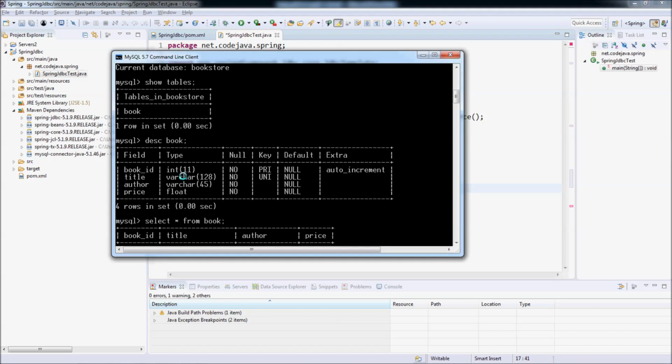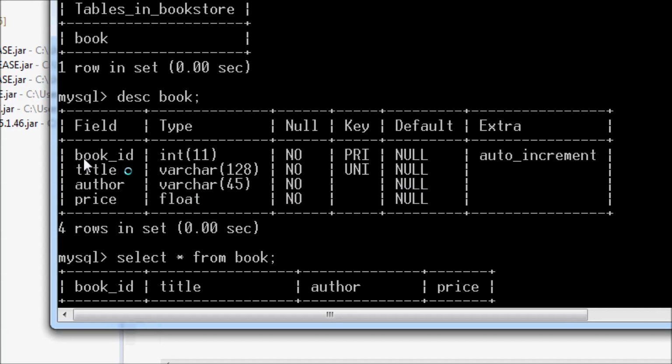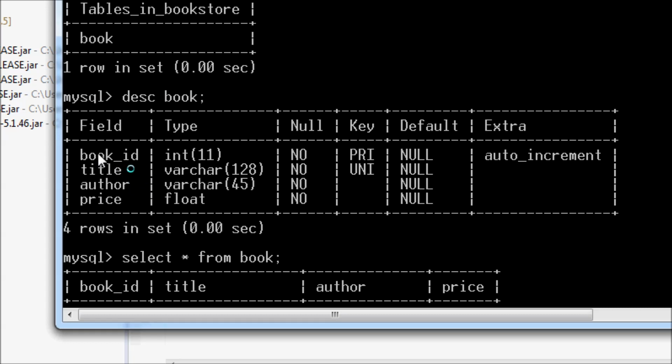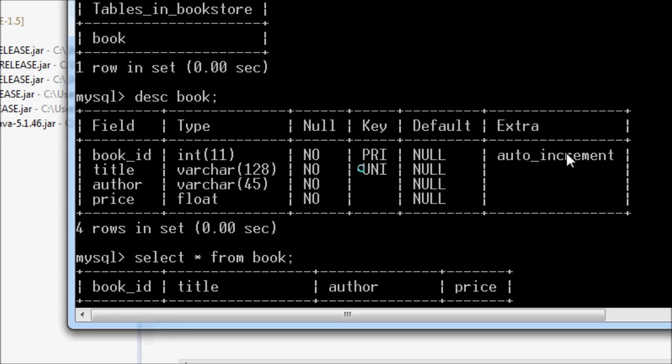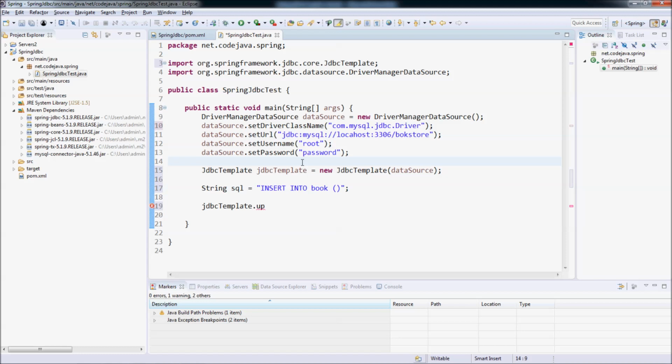Let's see the structure of the book table. As you can see, the book table has 4 fields: book_id, title, author, and price. The book ID field is auto-incremented, so we need to specify only the 3 fields: title, author, and price in the insert SQL statement. Book, title, author, price. Values, we use a question mark